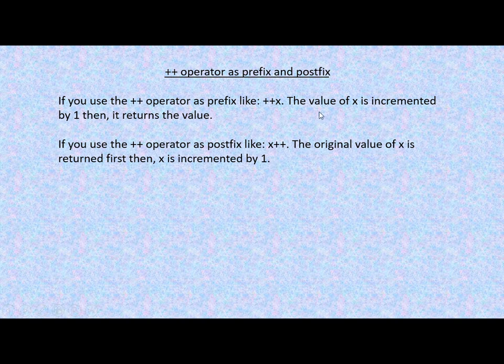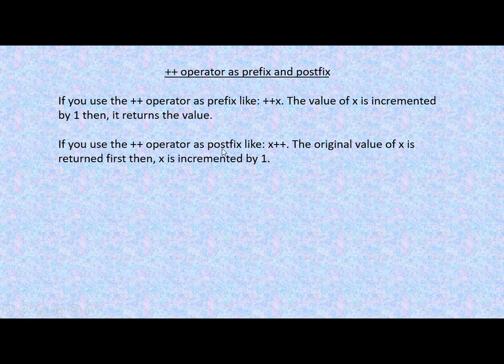Now there is a difference between prefix and postfix. If you use the prefix notation in your program, the value of x is incremented by 1, then it returns the value. For instance, if the initial value of x is 1, first it will be incremented by 1, meaning it will become 2, and then it will return the value.